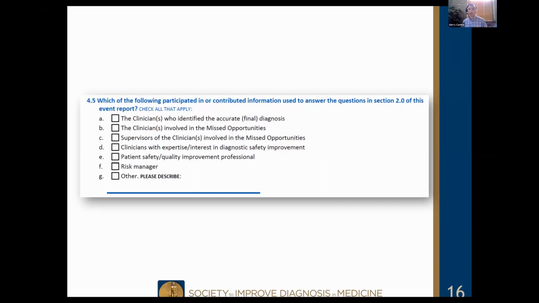But go ahead. I'm even a little more fundamental. You say organization, like what organization? I'm sorry, hospitals and healthcare systems. Is this all hospital reporting? Right, yeah, this is the AHRQ common format for hospital event reporting. Okay. Yes, so a hospital or healthcare organization can use the AHRQ common format as a framework for looking at these safety events. However, they need a mechanism for collecting them.